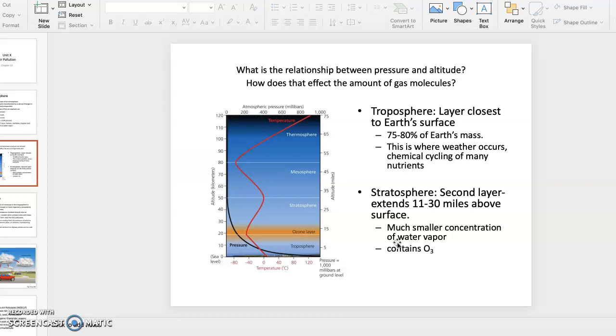Stratosphere is going to be the second layer. This is going to be much smaller in concentration, and it actually contains O3, which is ozone, which we've talked